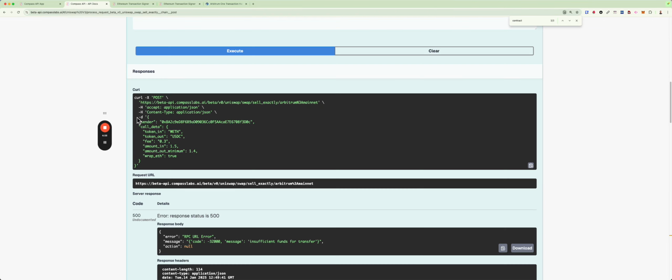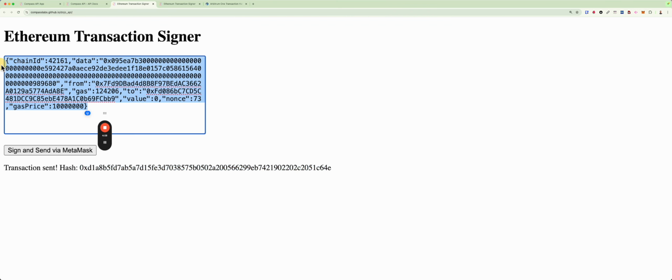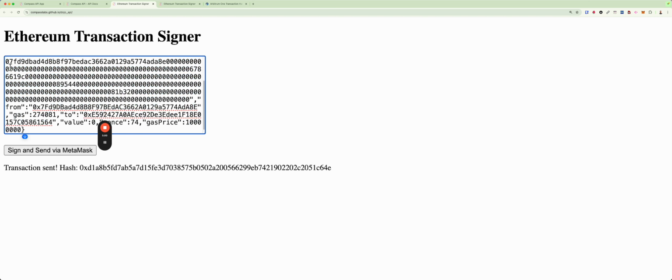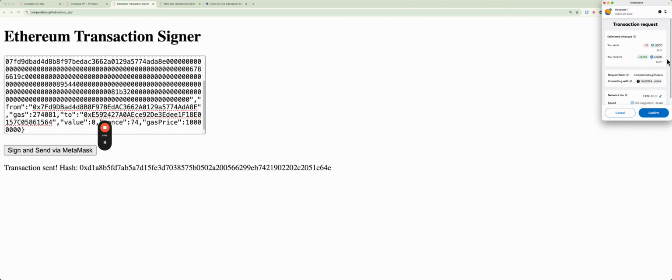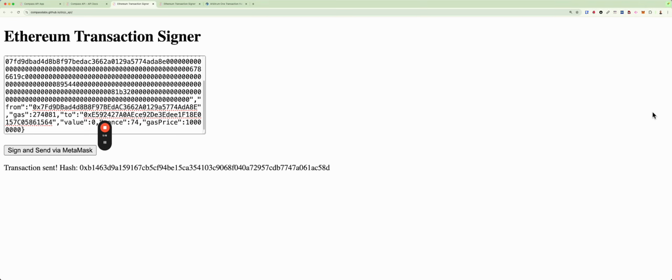Now, this can all be done programmatically in a Python program, but this is just to show you the nuts and bolts of it step by step. So let's sign the transaction. So we want to sell $9 of USDT, and we're going to get $8.996 of USDC. Let's confirm this transaction,